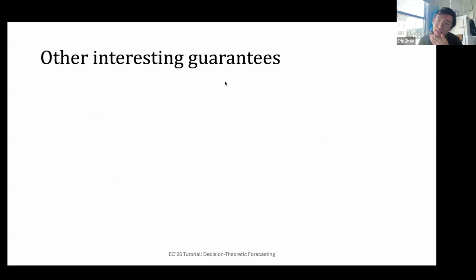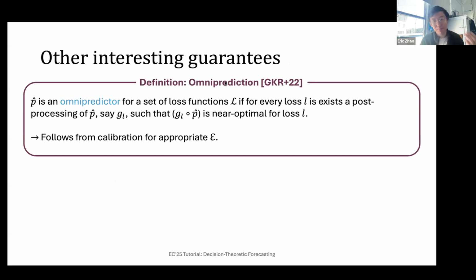And one last thing I'll mention is that there's been a lot of really interesting work on what other downstream guarantees calibration gives. I can't hope to cover all of them, and flashing them wouldn't give that much utility. So I'm just going to cover two of the very seminal ones in the field recently. One of them is omni prediction. This isn't necessarily to do with decision making specifically, but rather it's saying that, typically in supervised learning, I have a data distribution and a loss function, and I want to produce a prediction that minimizes that loss in expectation.